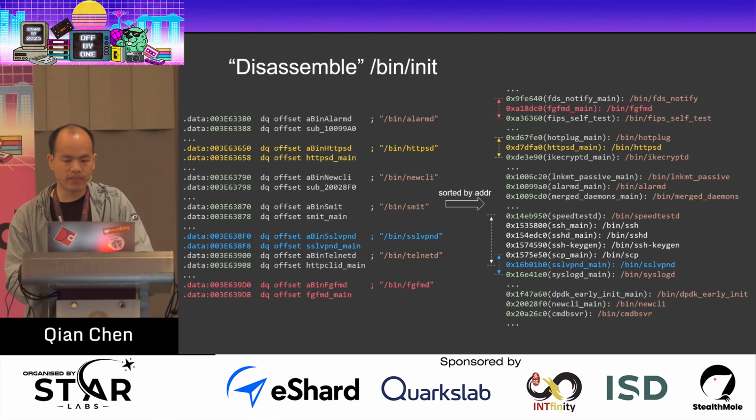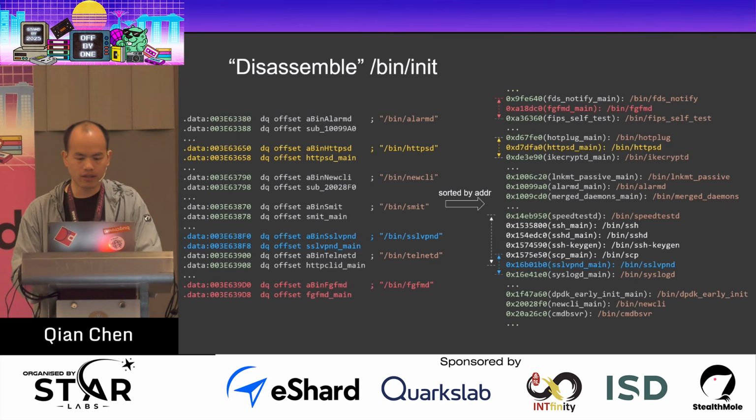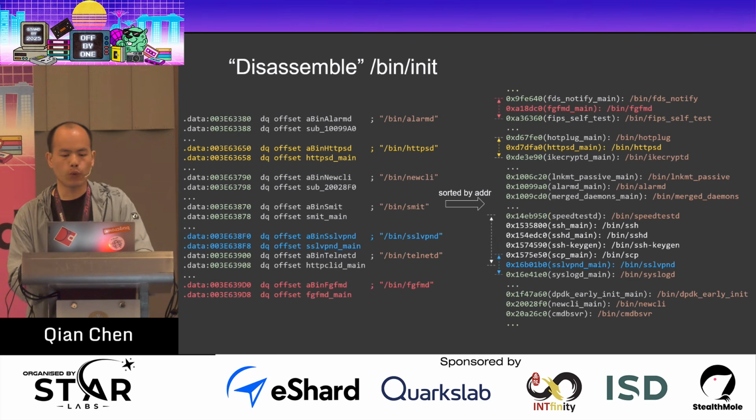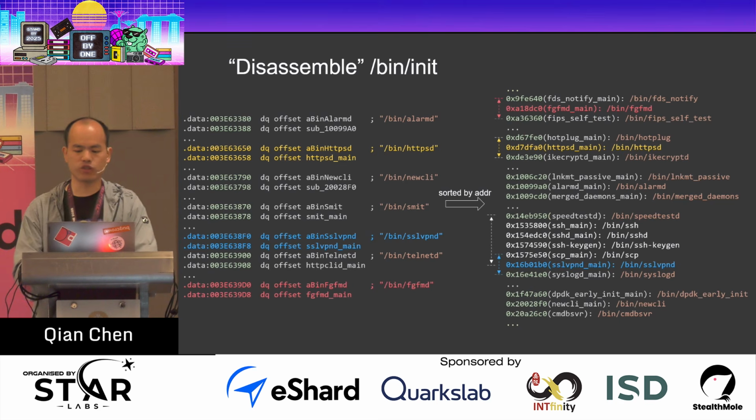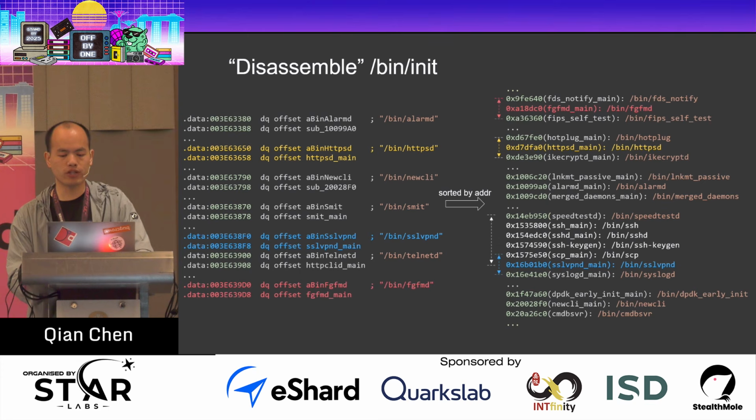Take the FGFMD component as an example. The FGFMD main function is located at address A1-8DC0, with FDS notify main before it and FIPS self-test after it. Based on these adjacent main functions, we can estimate that the FGFMD component code likely spans the address range between